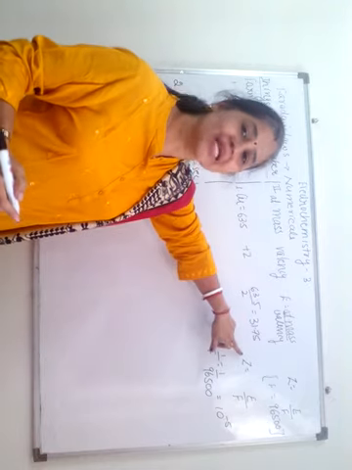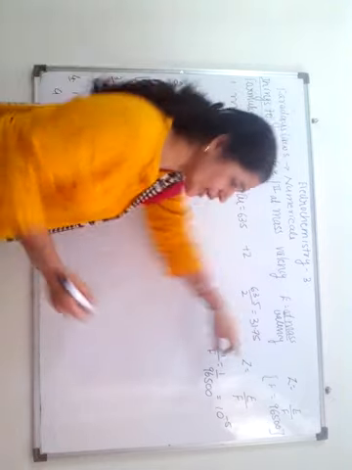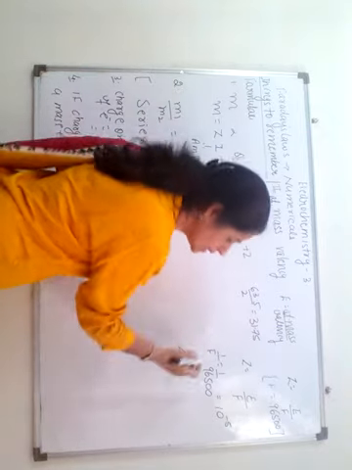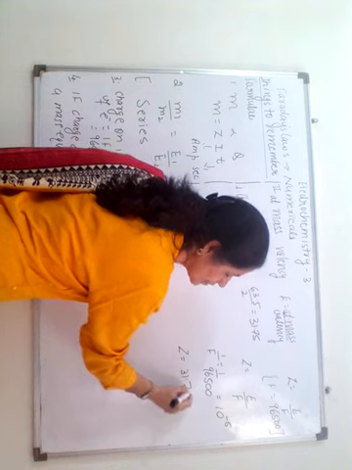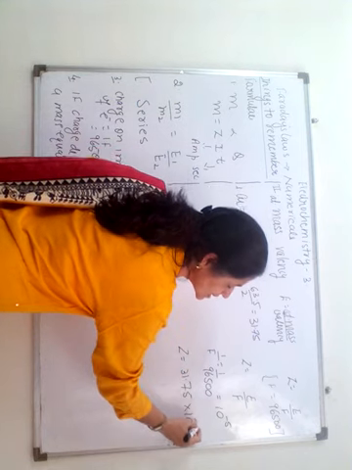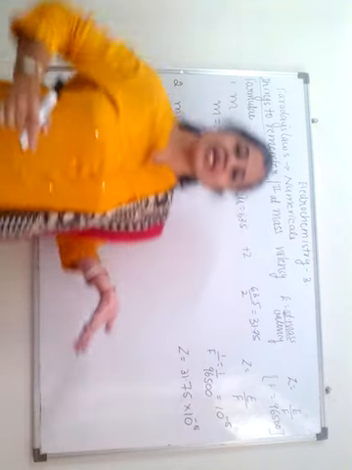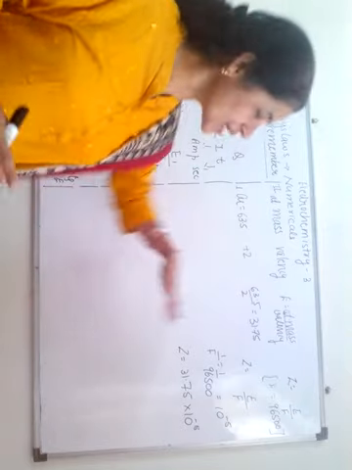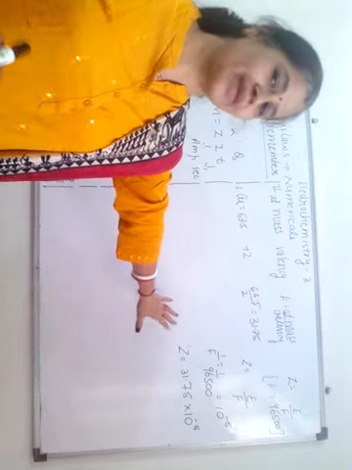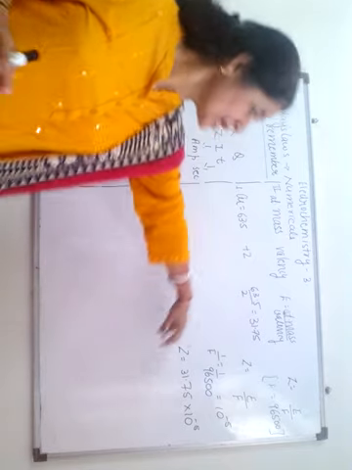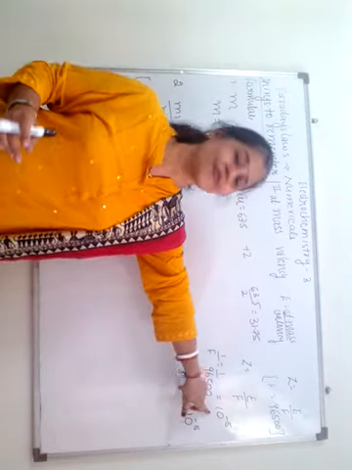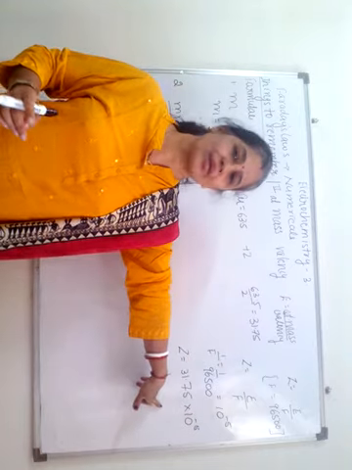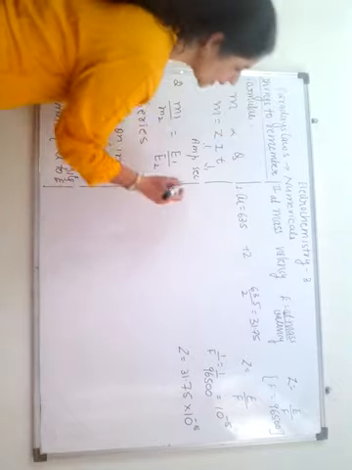Suppose you are calculating Z for copper, what do I do? Z is equal to E, E turns out to be 31.75, into 10 to the power minus 5. If you are given the value of Z in the question, you will use that. If you are not given, then we can use this slightly approximate value. This will be slightly approximate because this is an approximate value of 1 upon 96500, but it will help you greatly in calculations.